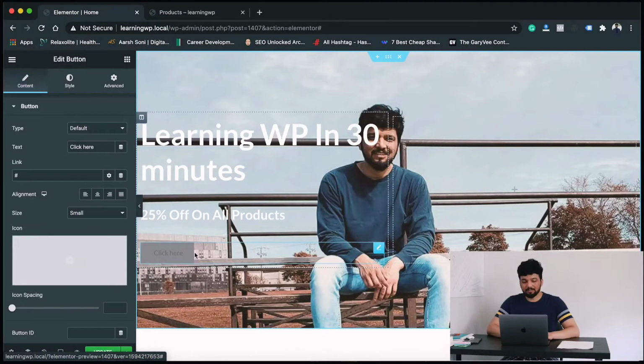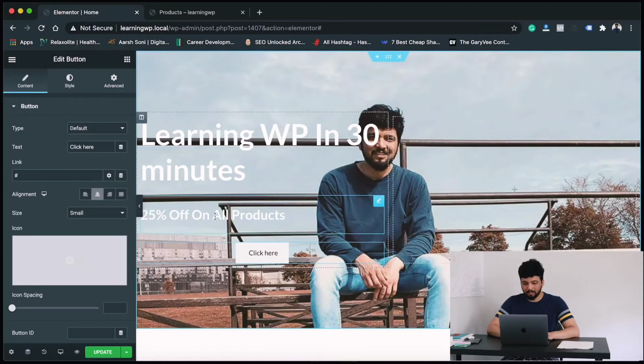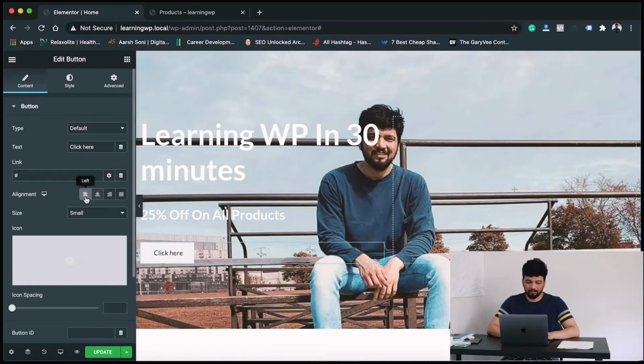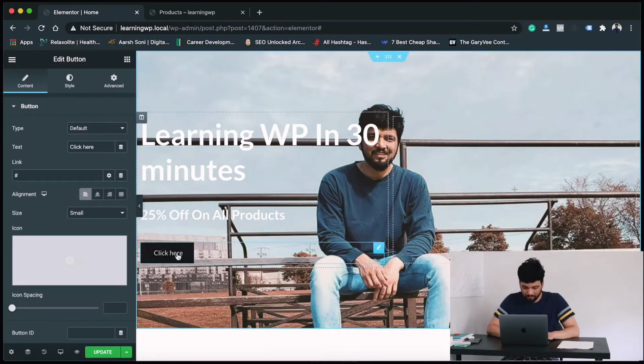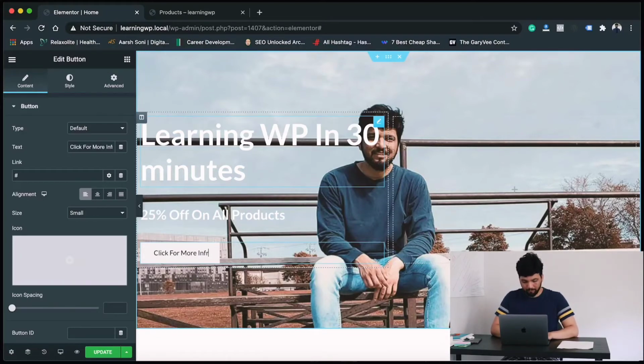Now you can change the styles, the alignment for the button, everything here. Let's say I want to keep this on center, or we'll just keep it on left just because the alignment is going to be different. Let's say I want to say click for more info. No, it's going to be too long. We'll just say info.